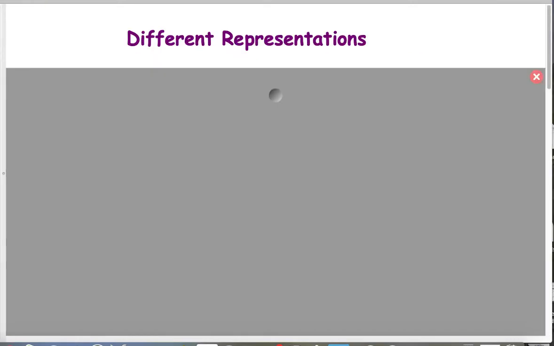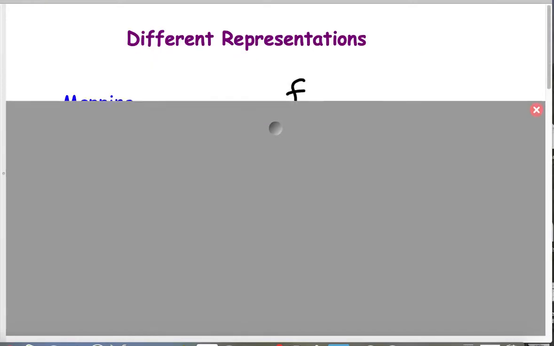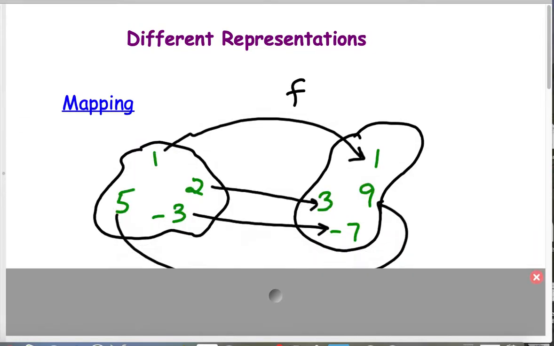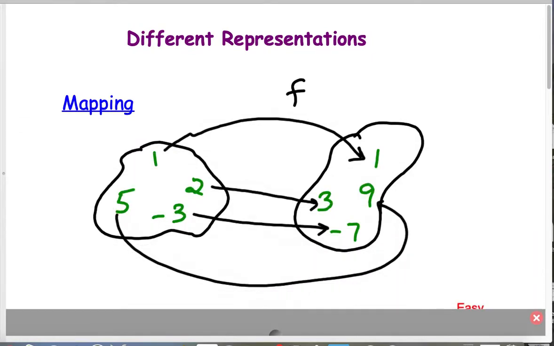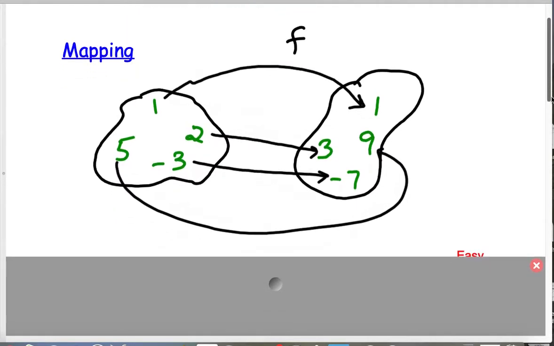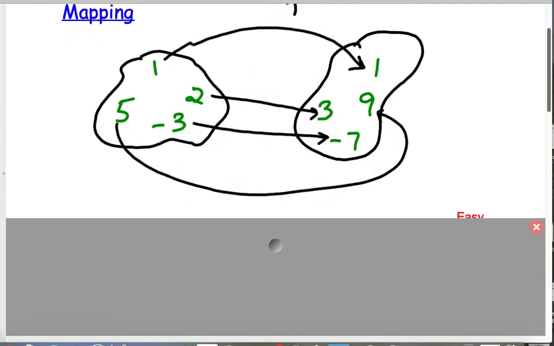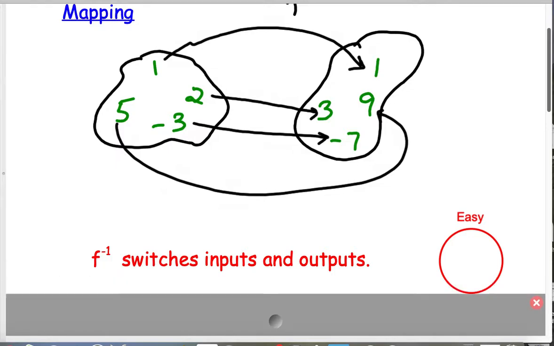Let's look at some different representations for this. Let's say that we have a mapping. And this mapping shows a function because there's no input that goes to more than one output. And what if I wanted to find the inverse of this function? Well, I just so happen to have an easy button. And to find the inverse, we're just going to switch the inputs and the outputs. Or in other words, just switch the arrows